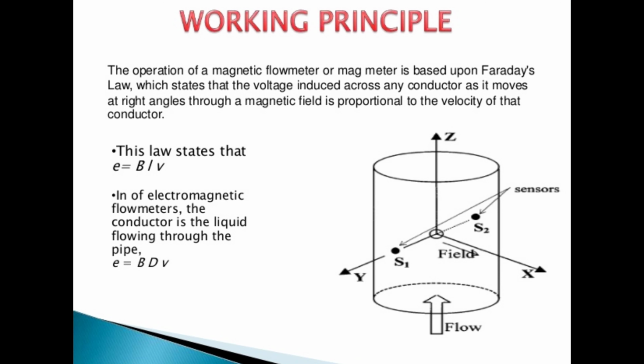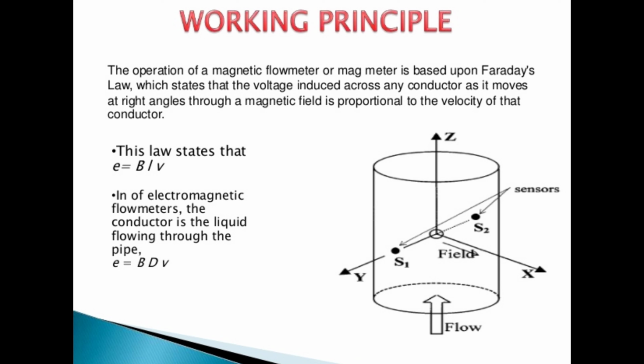The principle of the electromagnetic flow meter is based on Faraday's law. Electromagnetic flow meters work based on Faraday's law of electromagnetic induction. According to this principle, whenever a conductive medium passes through a magnetic field B, a voltage E is generated. The conducting medium here is the flowing liquid, because electromagnetic flow meters are used only for liquids which conduct electricity. The voltage E generated is proportional to the velocity of the medium, the density of the magnetic field and the length of the conductor.